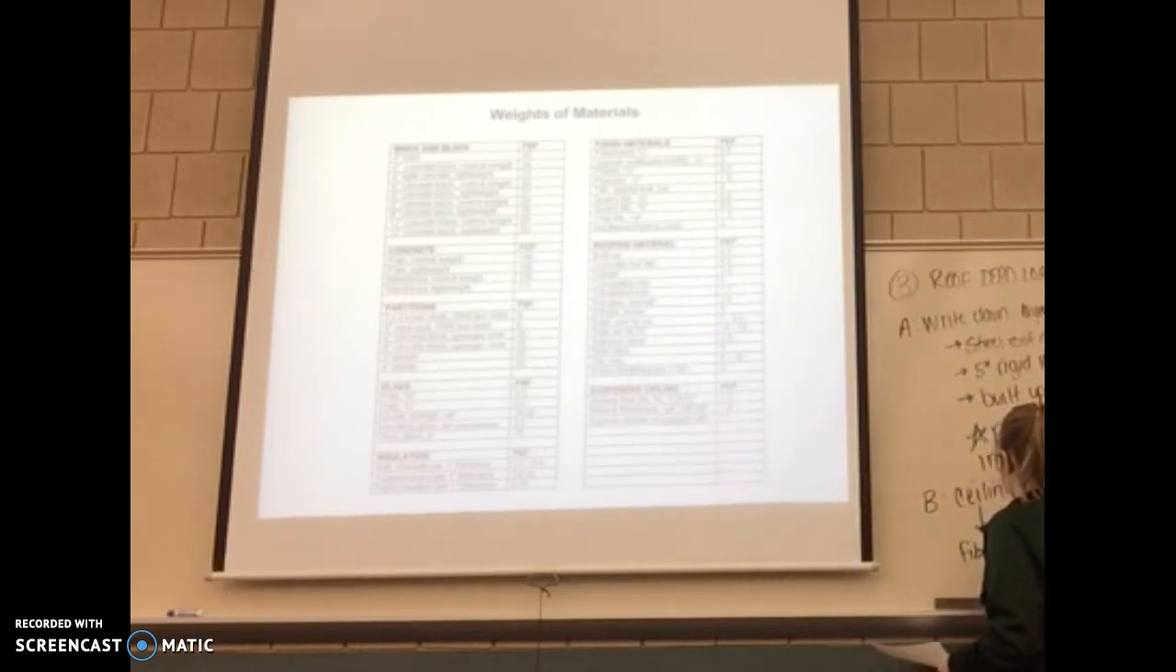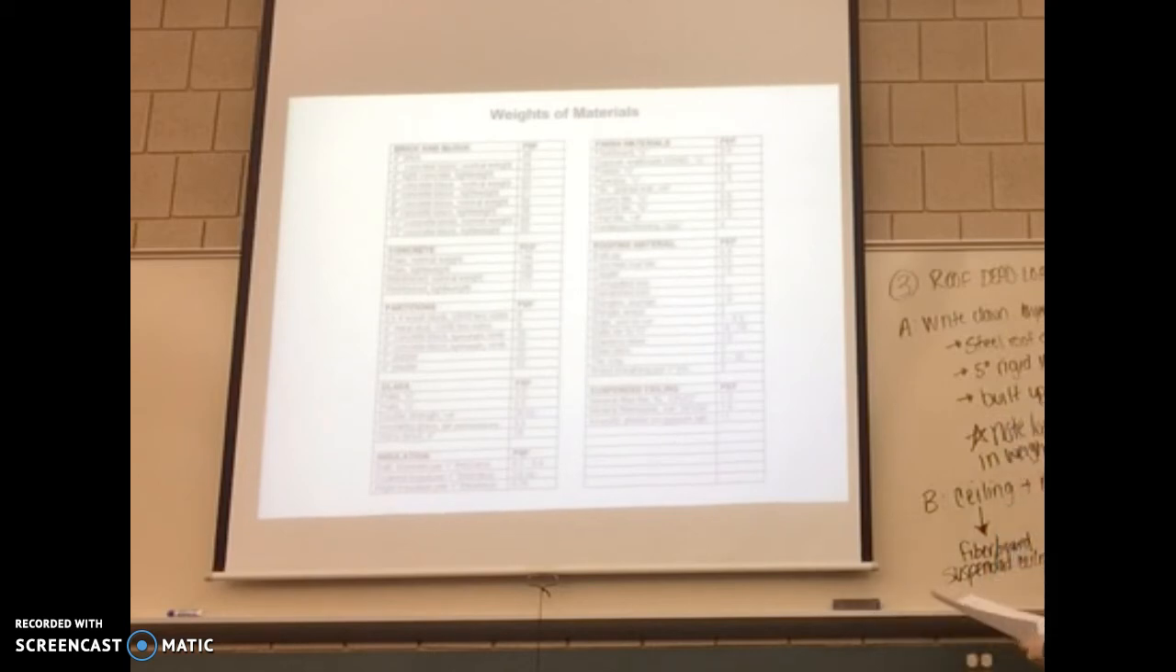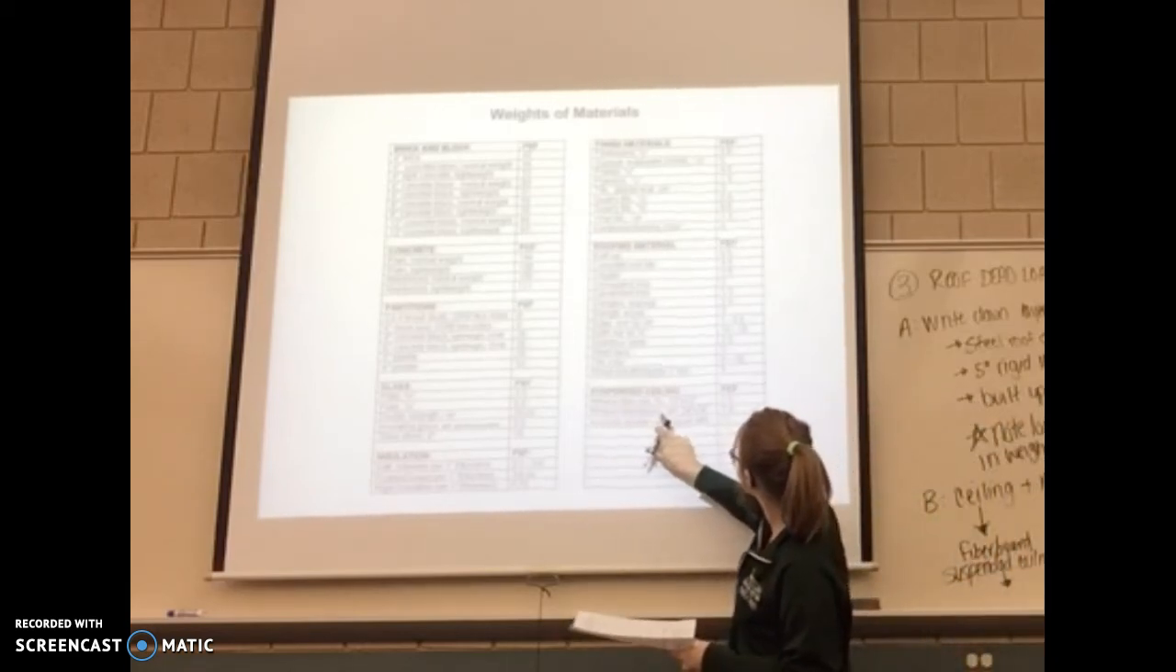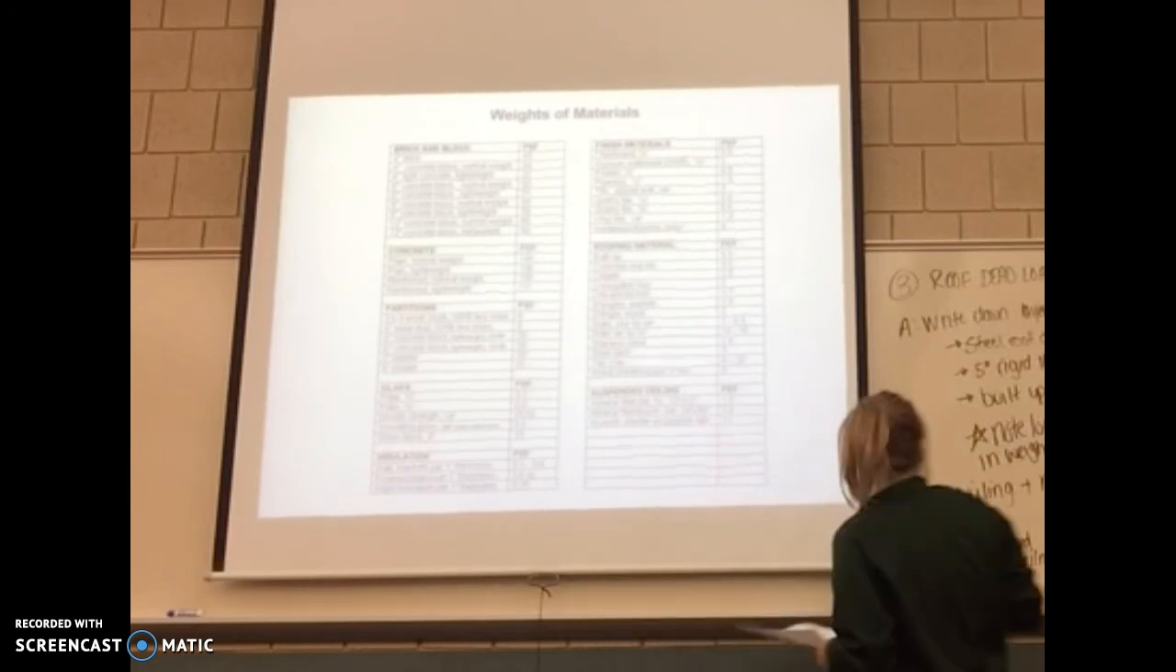Fiber board suspended ceiling. And then I'm going to look that up in my table. Suspended ceiling, mineral fiber board is 1.4